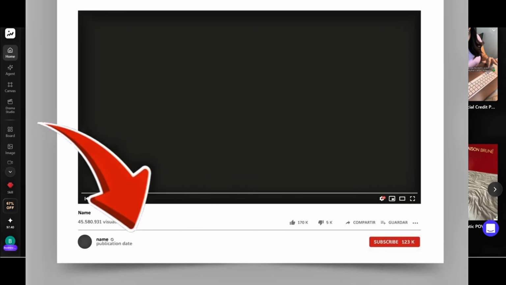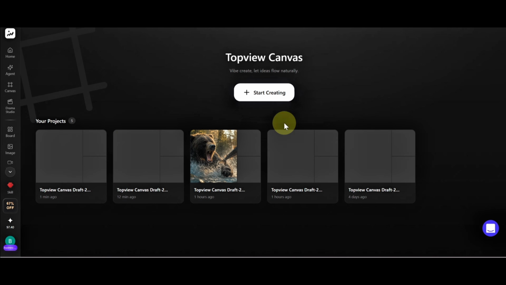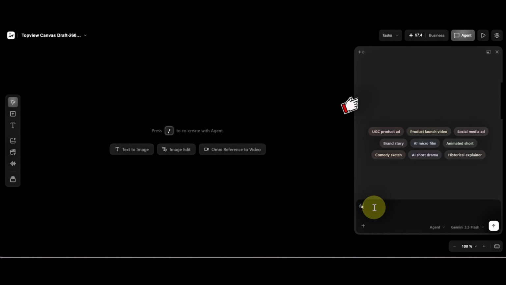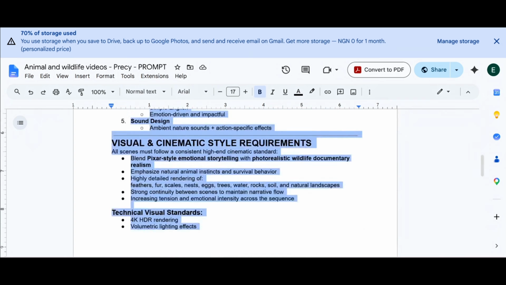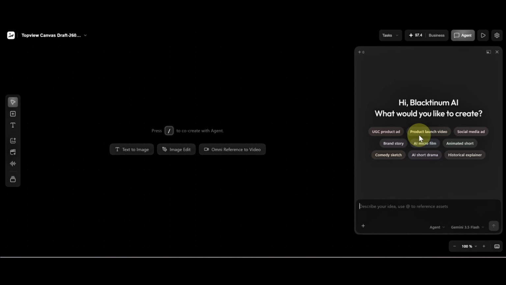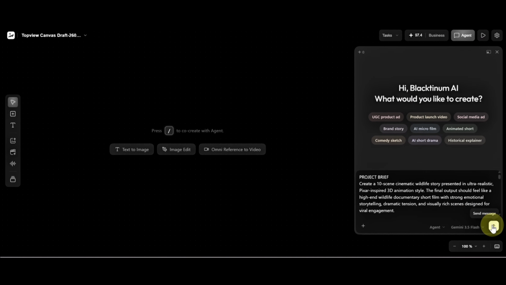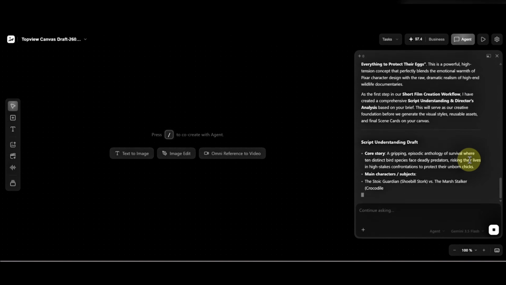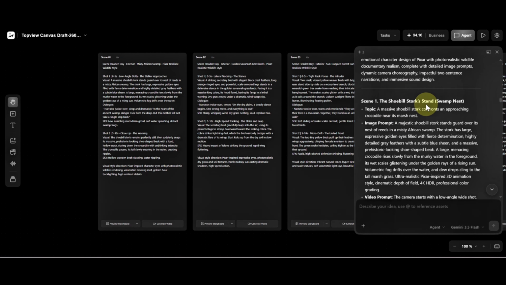Once you open the site, click Canvas, and then select Start Creating to enter the editor. Once inside, choose a video category or type in your idea. The AI assistant will help turn it into a structured video concept. Now, take the prompt I've provided, paste it into the AI chat box, and press enter. Within a few moments, the AI will generate several wildlife story concepts for you. Each one will be different, giving you multiple story options to choose from while staying within the animal and wildlife